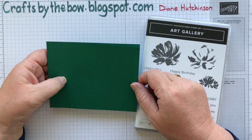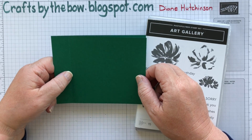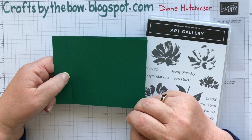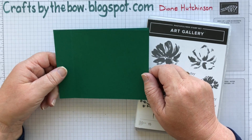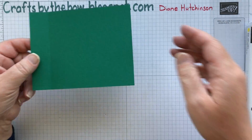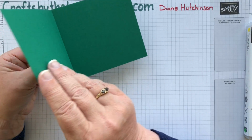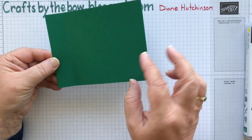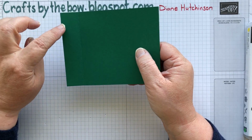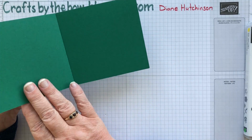It's the first Wednesday in June, and so today's theme is fun fold cards. And I've been making fun fold cards for the last few weeks on my YouTube channel. But today I'm going to make a book fold card. You start off with just half a piece of cardstock and you end up so it looks like a little book, and this is where the binding might be on the book. And you can put a little ribbon on there, you can put designer series paper,